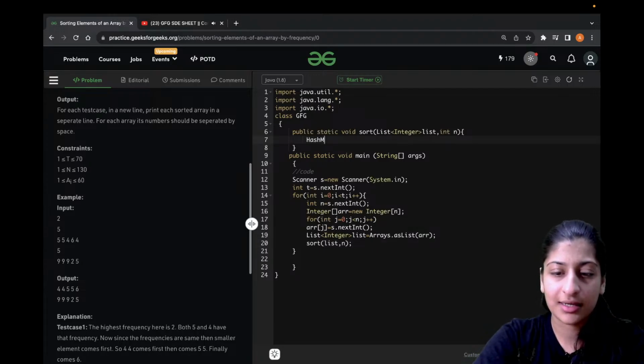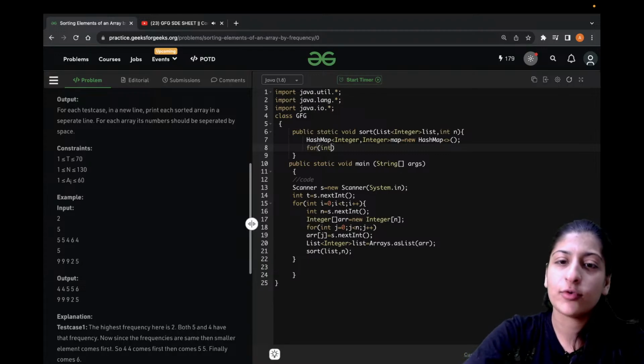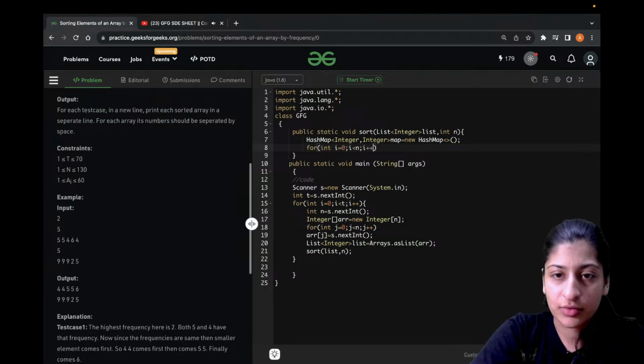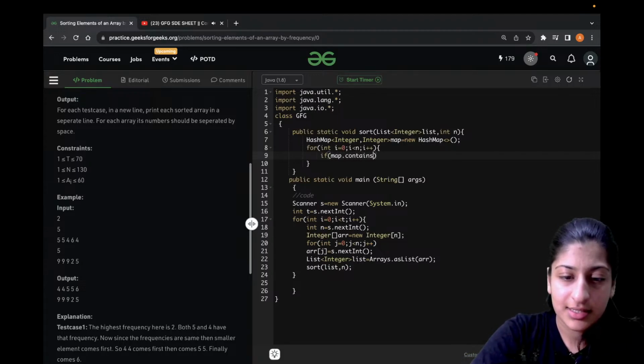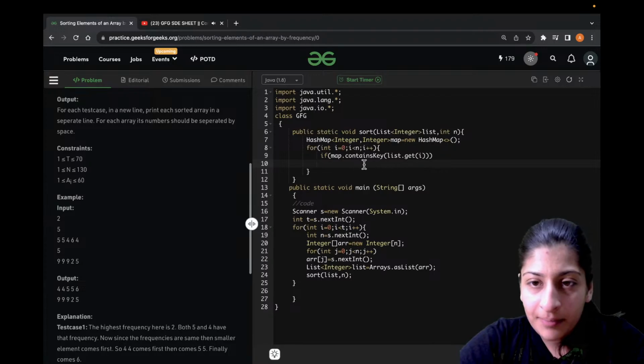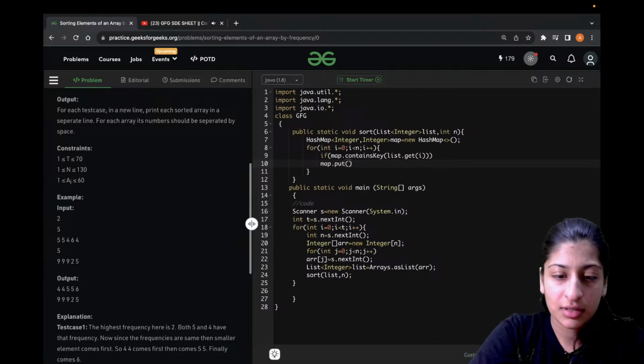What does sort do? First thing, let's create the hash map. HashMap of type Integer, map is new HashMap. Fine. Then you have to fill the values in your hash map, basically key value pairs, which will be the element and the corresponding frequency. So i goes from 0 to n. If map.containsKey, what? list.get(i), that is the value at which you are iterating in your array list. If it contains already list.get(i), then map.put at that position list.get(i)